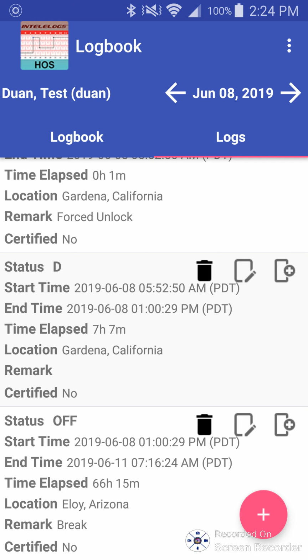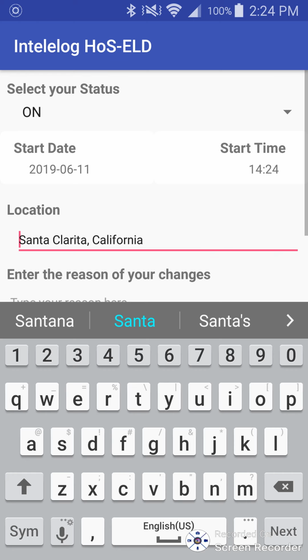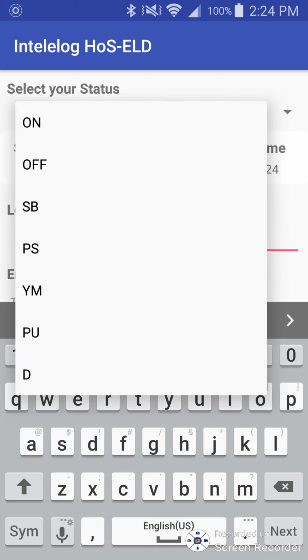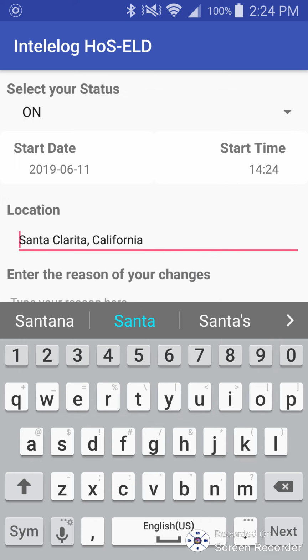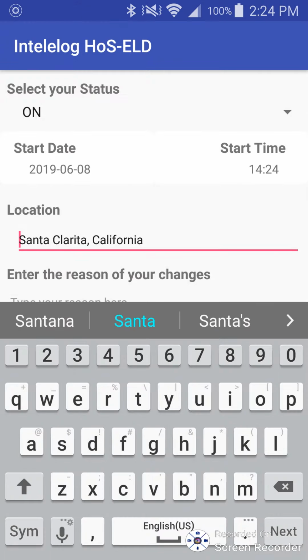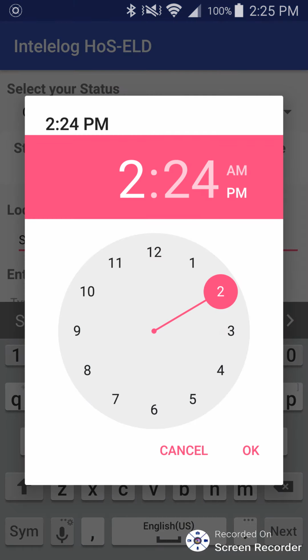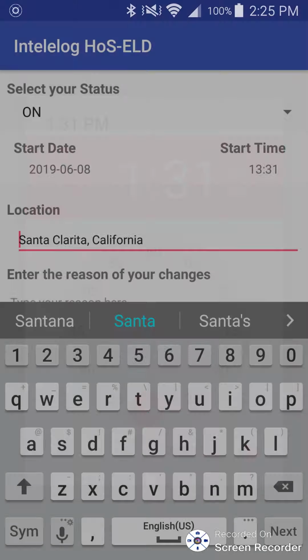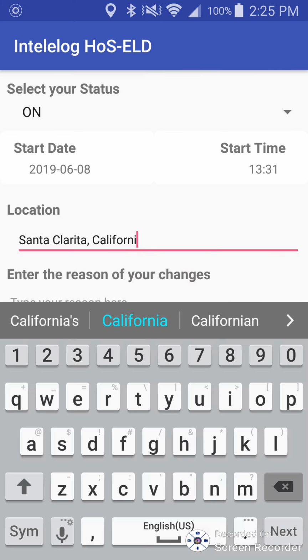After that, what we're going to do is add an on-duty status at 1:31 p.m. This way we confirm we'll have a 30-minute break. So again, we go from on-duty, we'll leave it at on-duty because that's what we're going to do. Our start date will be June 8th. Click OK. Start time will be